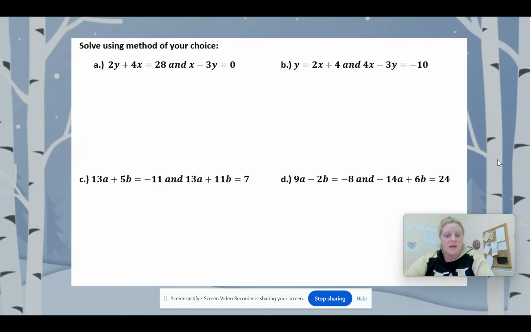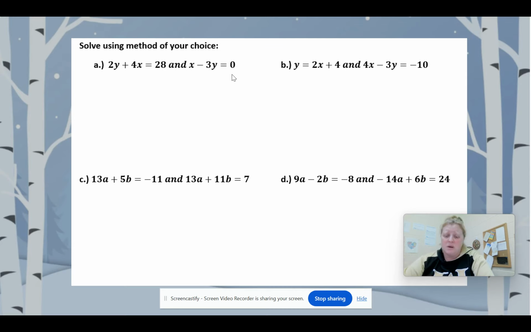All right, so looking at A and B, I'm going to show you that I think substitution may be a bit of an easier route. Here's what gives that away for me. You know how when you do elimination, you're supposed to stack them up right on top of each other. These are kind of in a different order, like this is Y, X, and then number, whereas this is X, Y, and number. You could still stack them up, and it's not that big a deal, but you have to